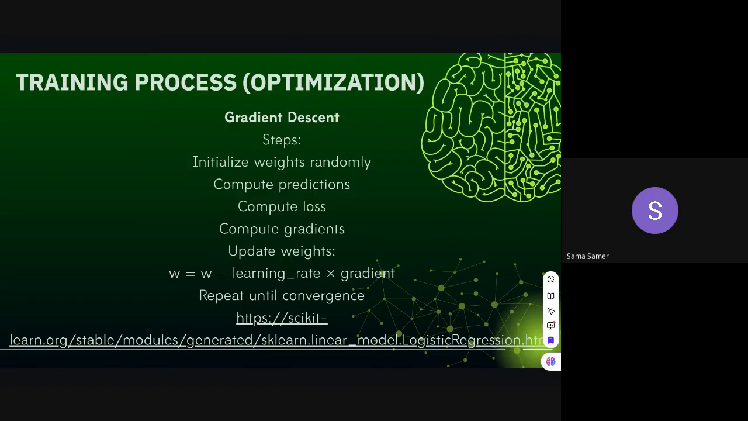Go on, Marwan. It will have a single global minimum because the chosen loss function is convex. Okay, that is very nice. Yes, and also this depends on